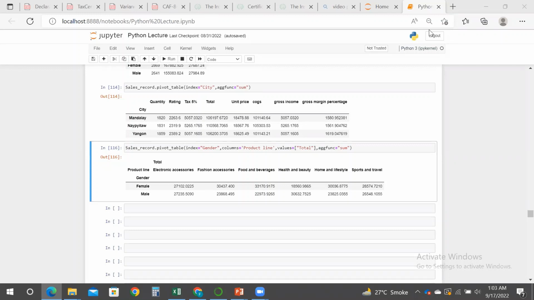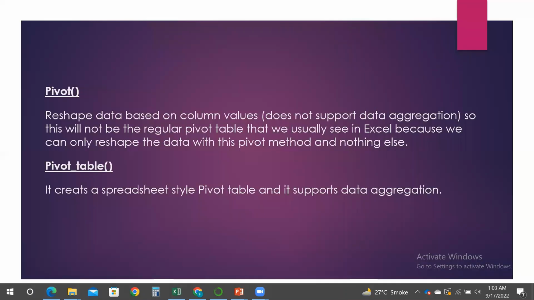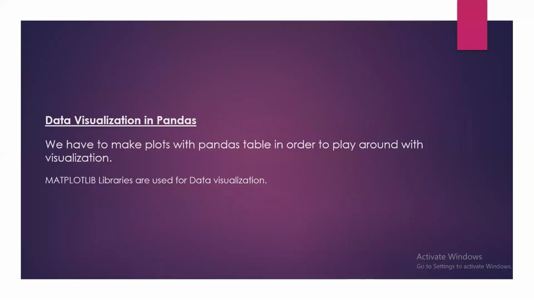In the previous video, we discussed the pivot function and the pivot_table method to reshape the data and perform aggregation of data according to different filters. In this video, we will be discussing visualization of data in Pandas,